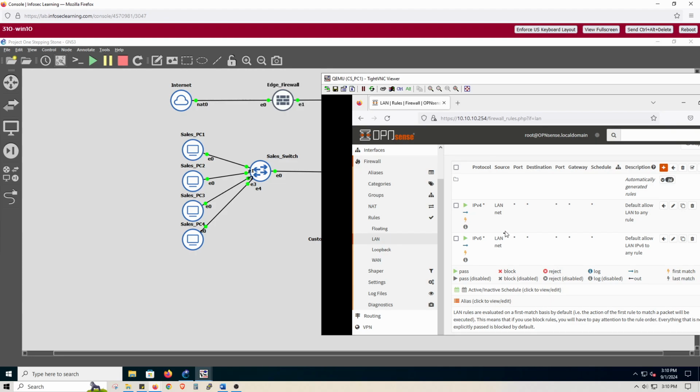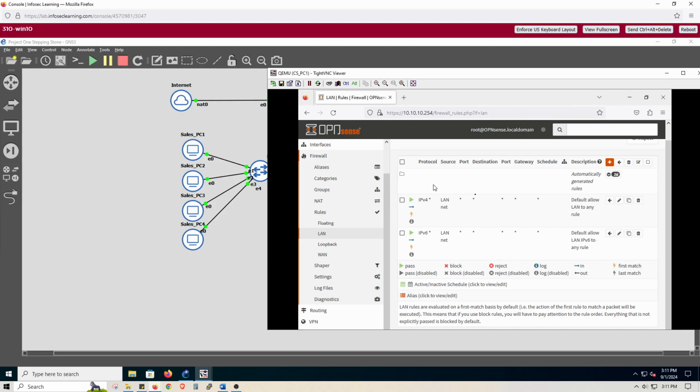So essentially this means any IPv4 or IPv6 traffic coming from the trusted side or the LAN side of the firewall to the external, or anywhere for that matter. But in this case, there's only two interfaces configured that they'll be permitted to go outbound. So those are two rules configured on the LAN interface, and how these work in the access control list explanation